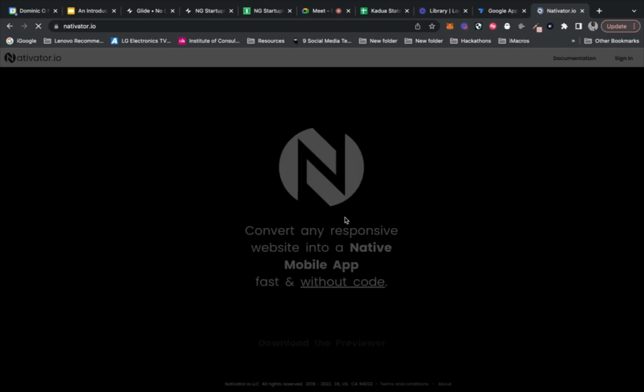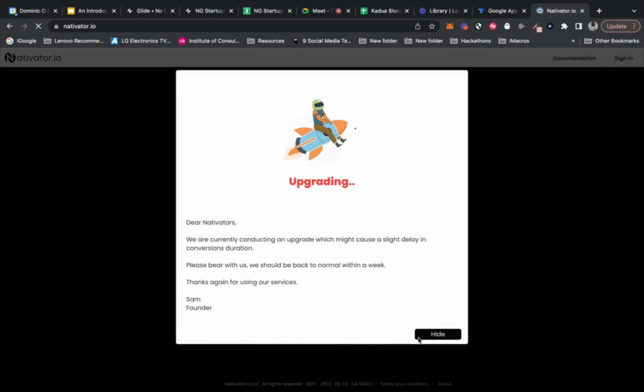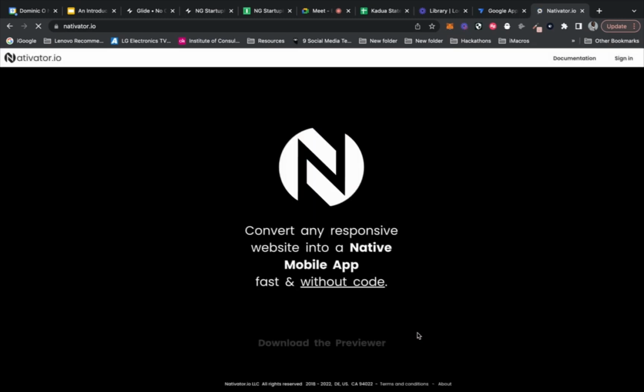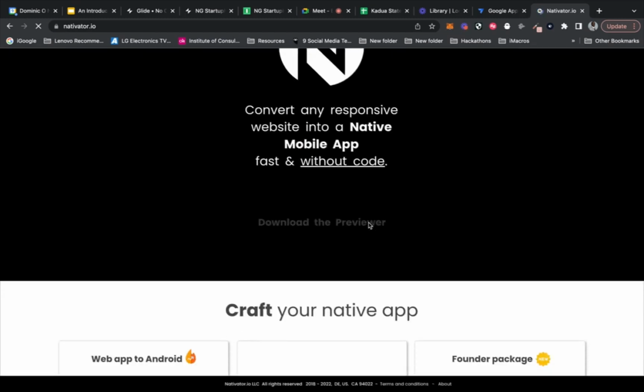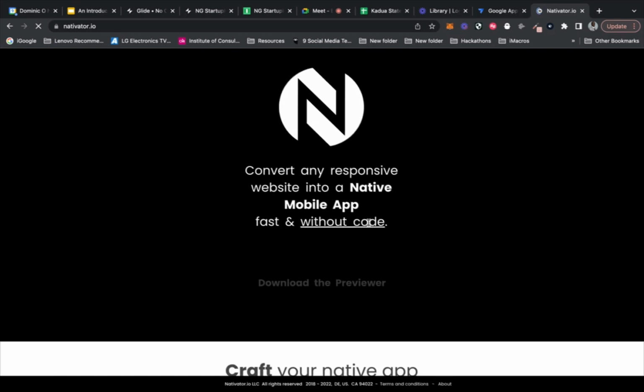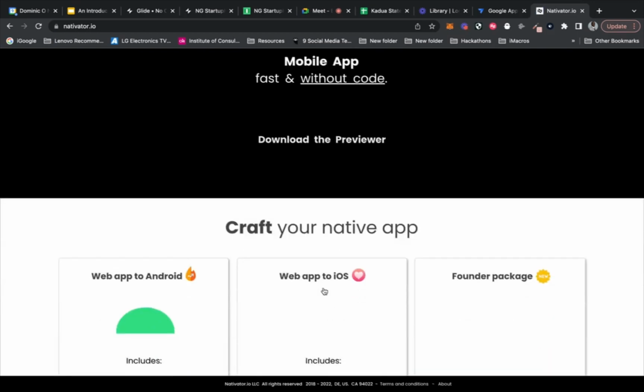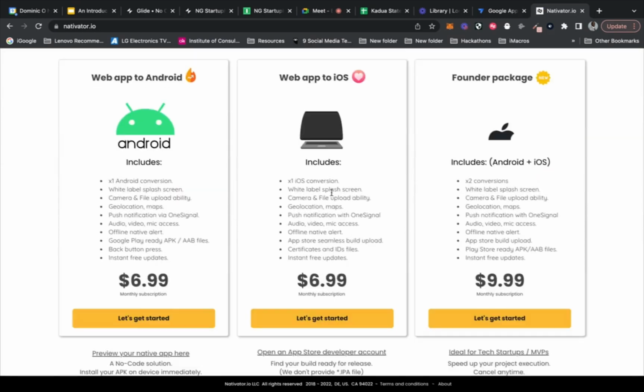We'll just let it load again. So it says it's under maintenance, and it's going to launch again this week. But you can even get a previewer to preview what your app will look like before you actually buy.